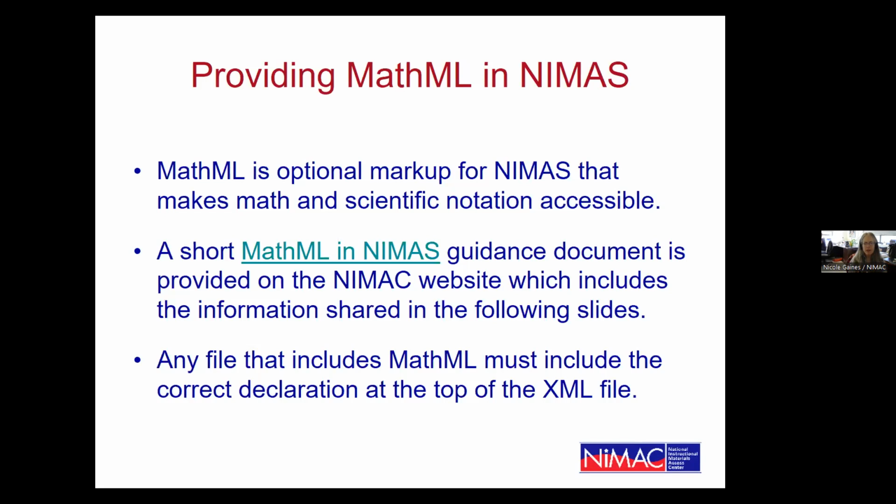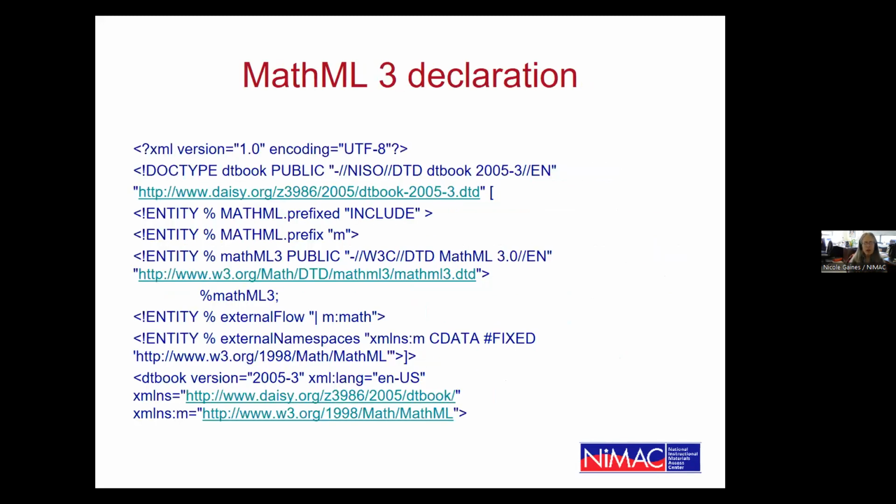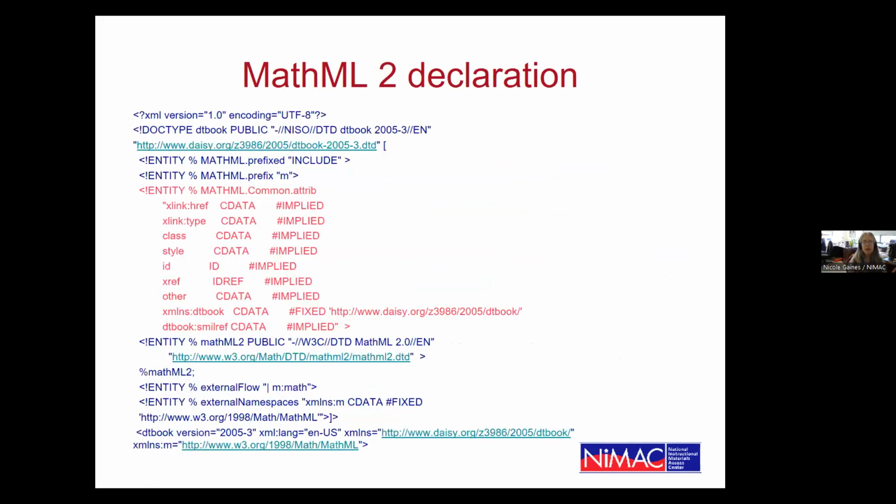One of the important things is that if you've included MathML, you do have to include the correct declaration at the top of the XML file. The current version of MathML that is recommended for NIMAS is MathML 3. I've included on this screen a sample of the declaration for a file that includes that type of MathML. MathML 2 is